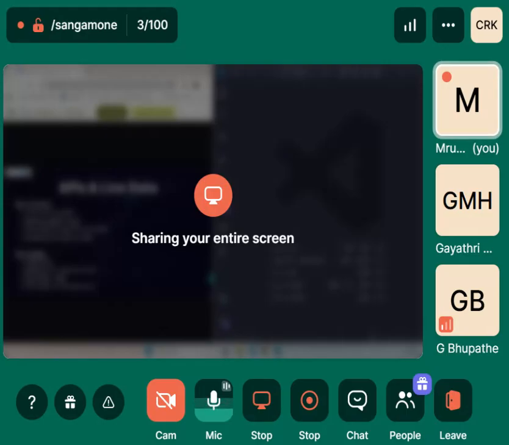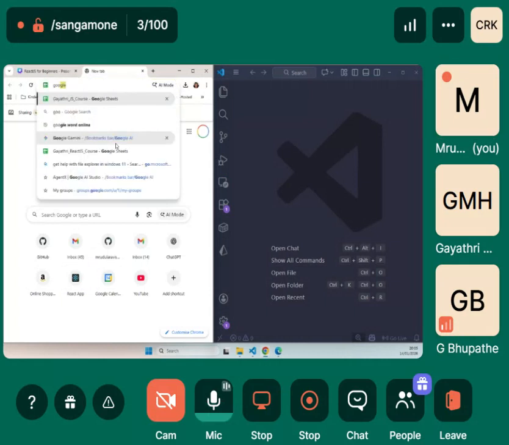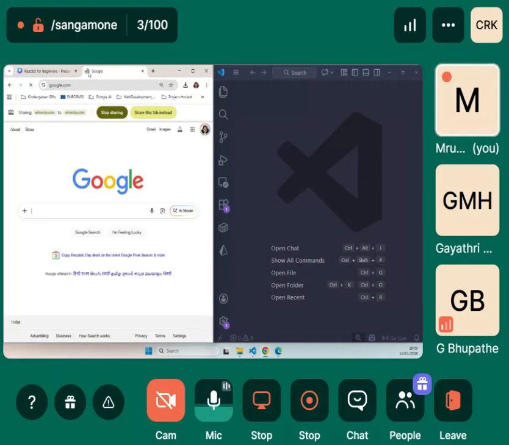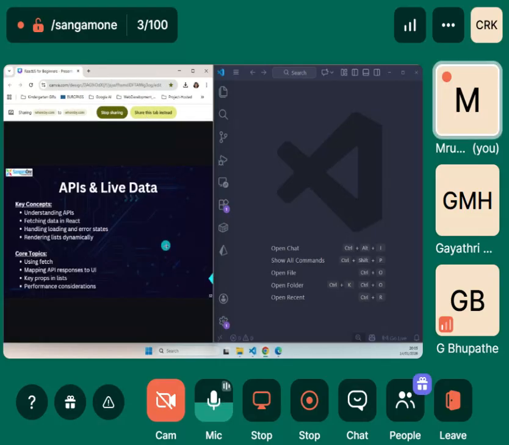Something like, please wait, data is being fetched, or loading, like a spinner. Let's say google.com. See here, it is loading, right? That loading icon, also called a spinner, we normally display on our main page. So that's how we handle data loading. Now, error. How do we handle error?